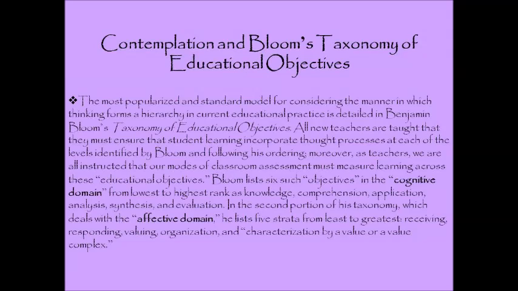What is a taxonomy? Taxonomy is a kind of a funny, jargony word, but really it comes from two Greek words. One is taxis and one is nomos. So taxis has to do with order, right? And nomos has to do with law or custom. So think of it as a customary ordering of thought in this case, right? So there are cognitive taxonomies, there's affective taxonomies. He has a psychomotor taxonomy, which we're not going to discuss.